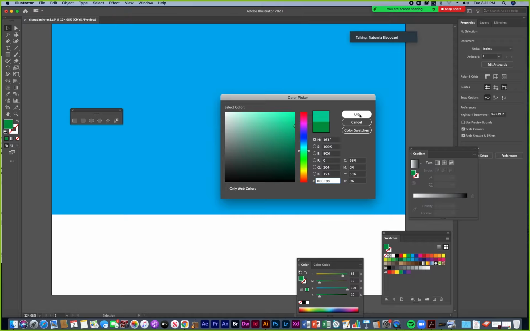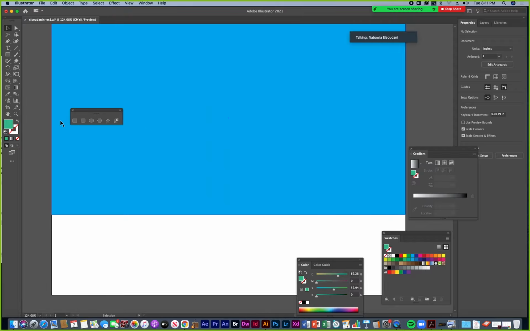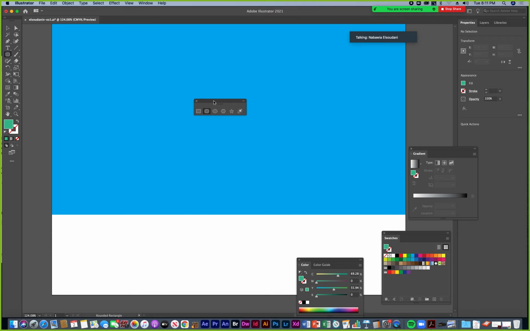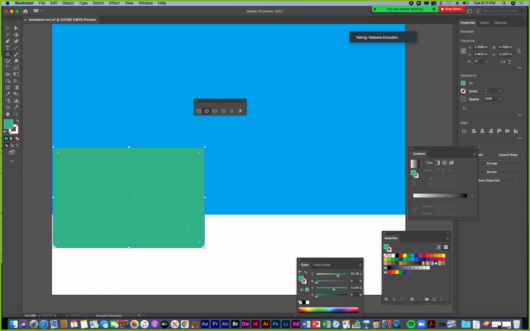So I'm going to go with that color, and now I'm going to use the rounded rectangle tool, which you get in the advanced toolbar. You won't find it in the basic, but it's okay because you could still make a regular rectangle into a rounded rectangle. So I'm just clicking and dragging out my shape, and then I can use my selection tool to